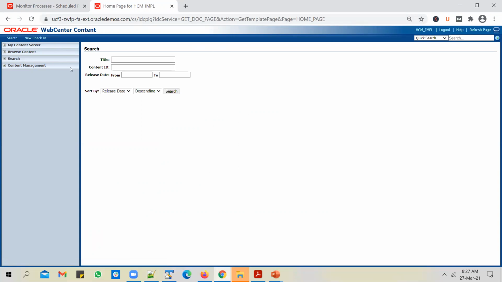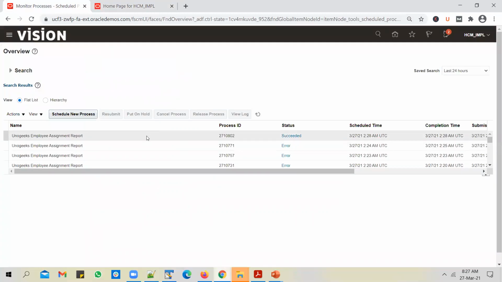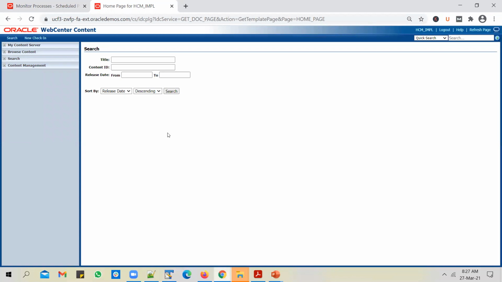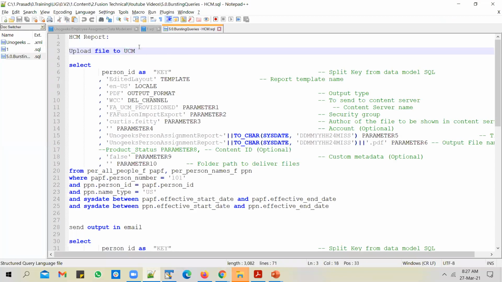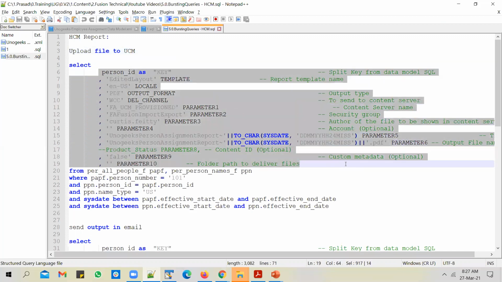But our end goal is to burst the output generated by the ESS job and upload it to UCM so that the downstream systems can pick up that file and process it at their end. So to upload the output to UCM, I need to come up with a query which has these parameters in the select list.